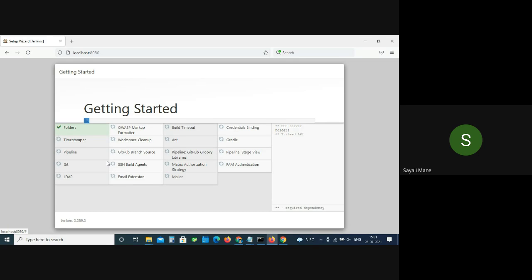So just let me know once you have done with the administrator password and install plugins. Is anybody facing any issue in administrator password, authorization password, something like that? Take your time. If you have, then you can simply type it in the chat box.